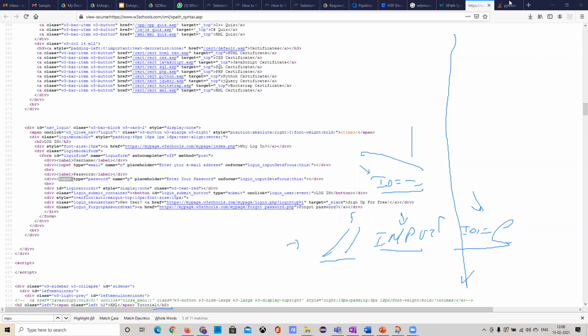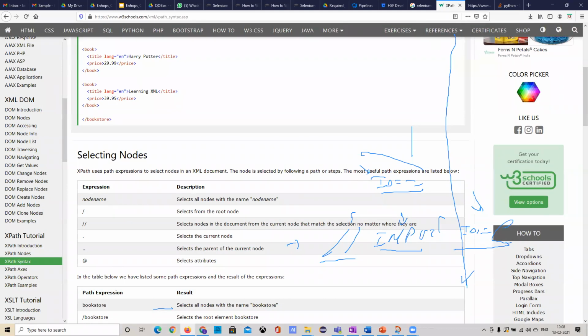So what you want to learn from here is that almost every time, first preference you should give to the ID name. If that is not possible, then only you should come to the XPaths. How to create the XPaths is a separate concept where we'll talk about absolute XPath and relative XPath. But here, how to navigate with the XPaths and what symbols we will be using, that is what you need to understand first, because people start directly with the absolute XPath and then relative XPath, but they will not understand what the purpose of dot is, what the purpose of this is, because normal XPath is the relative XPath.